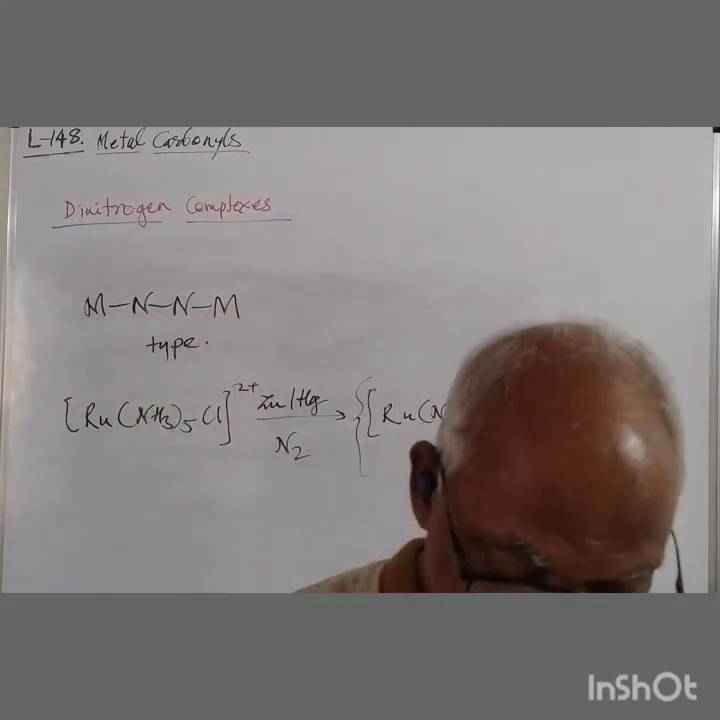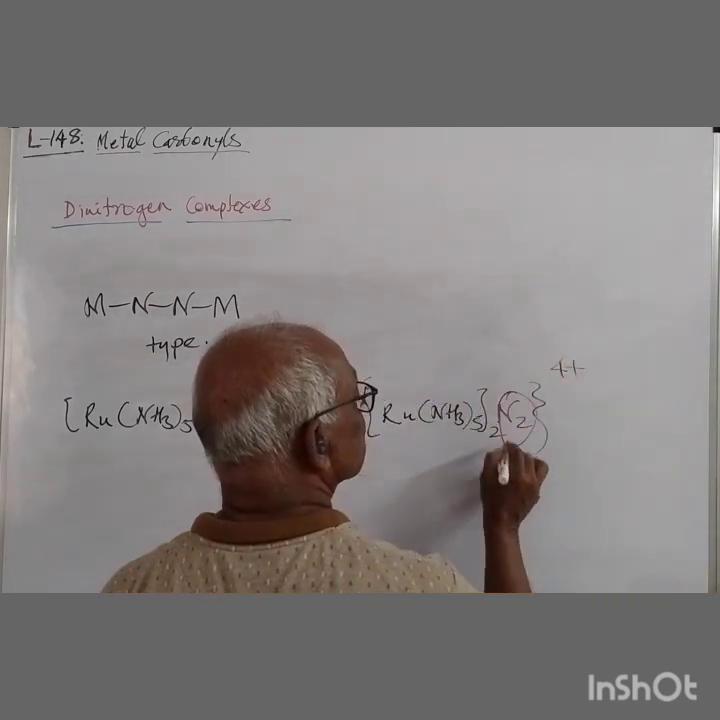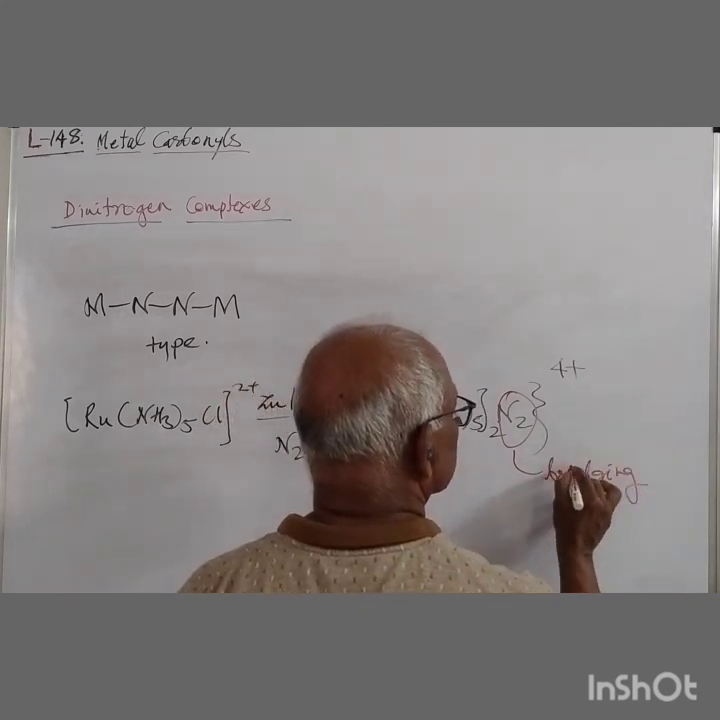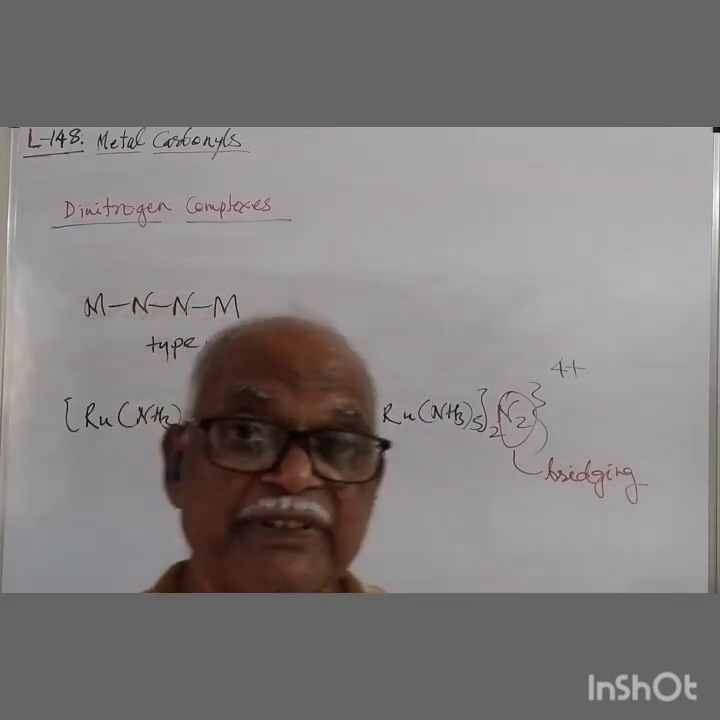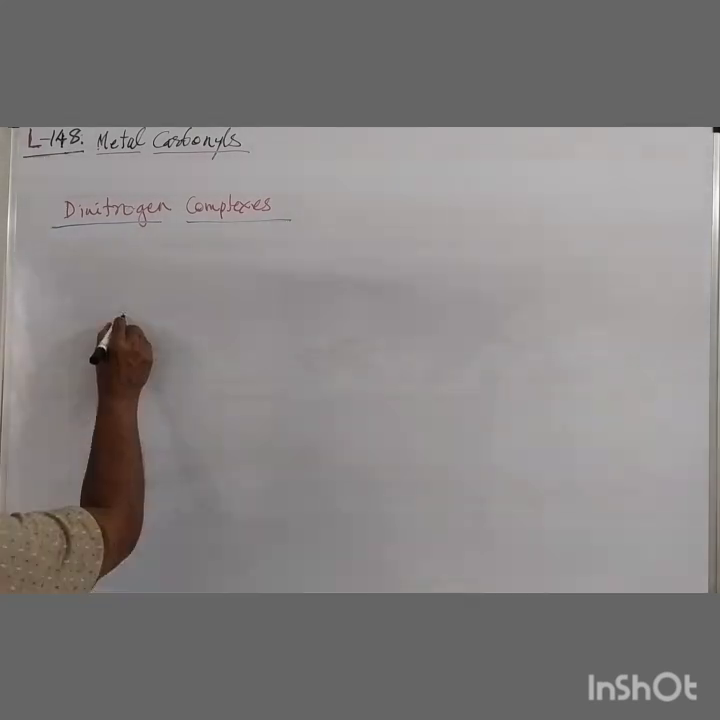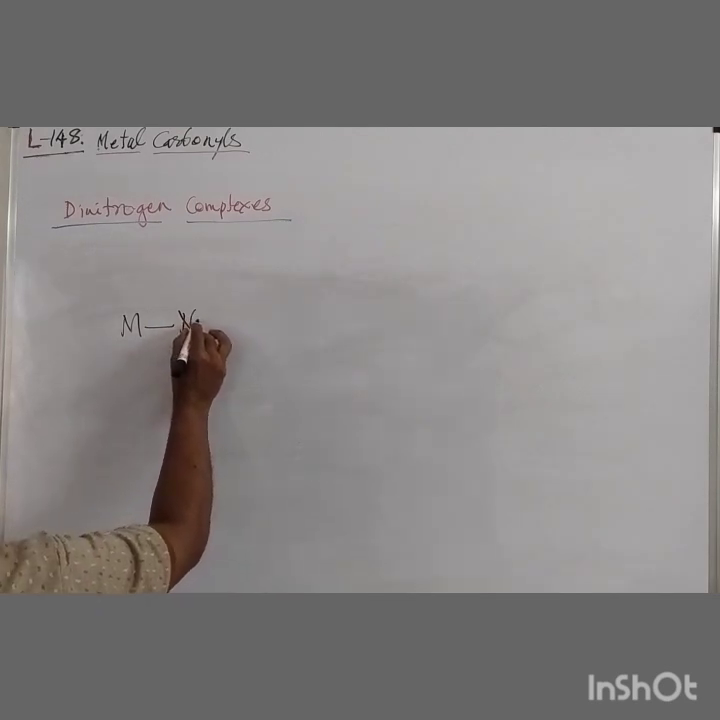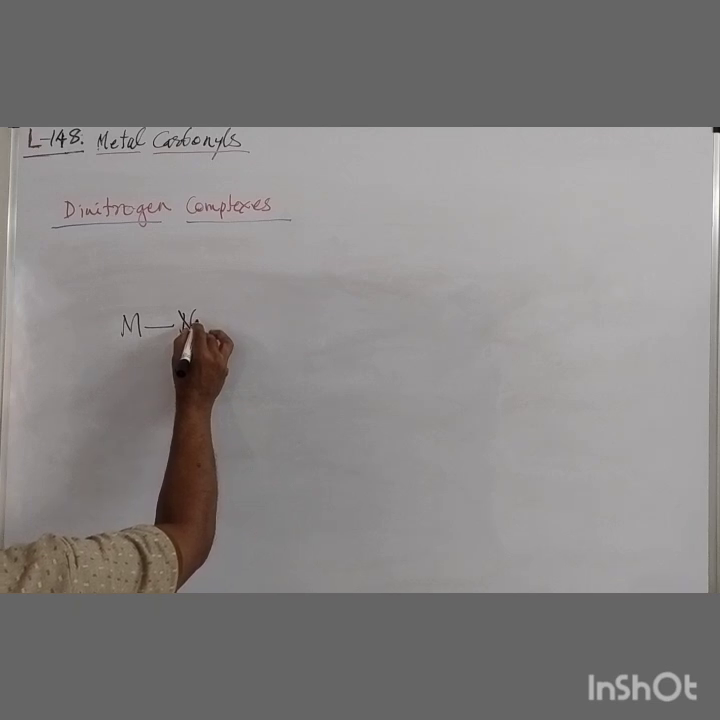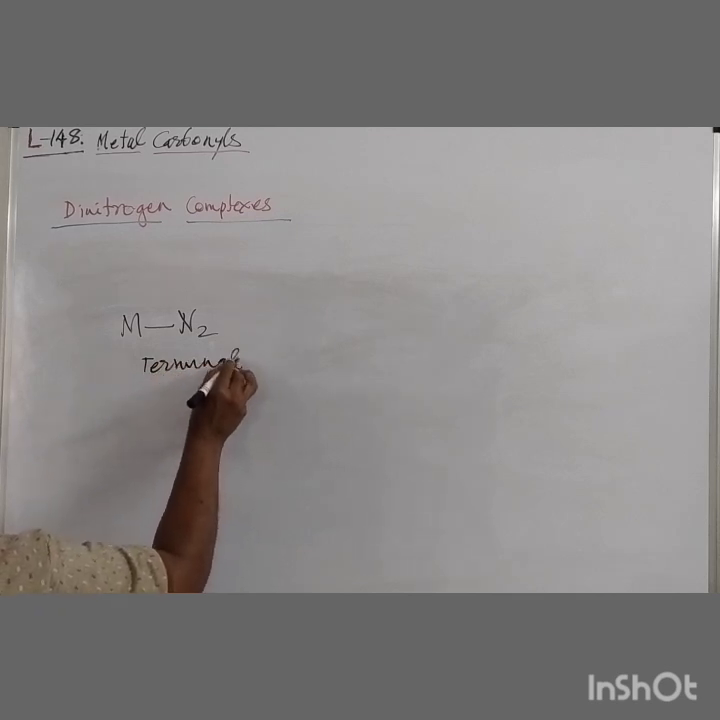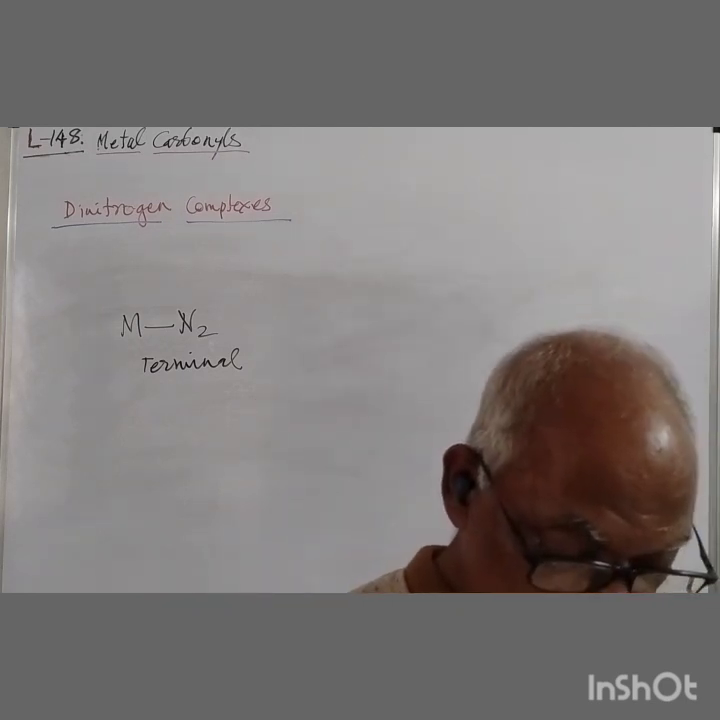So here you will find that this nitrogen is a bridging group between the two metal ions. A terminal type of nitrogen ligand has